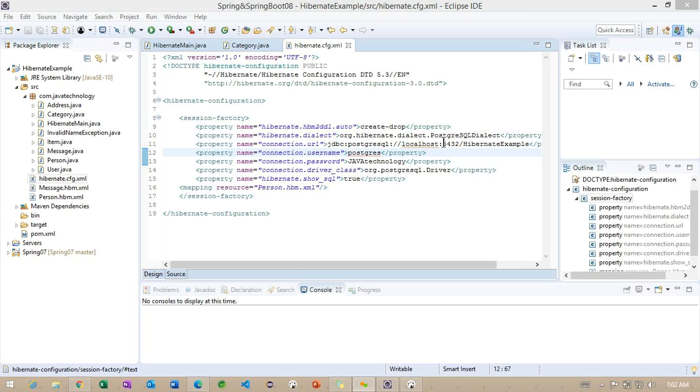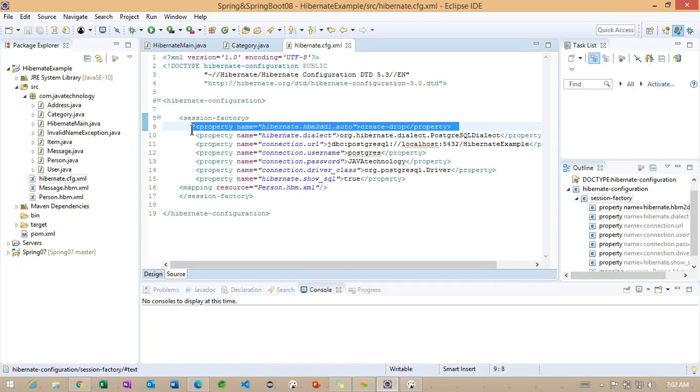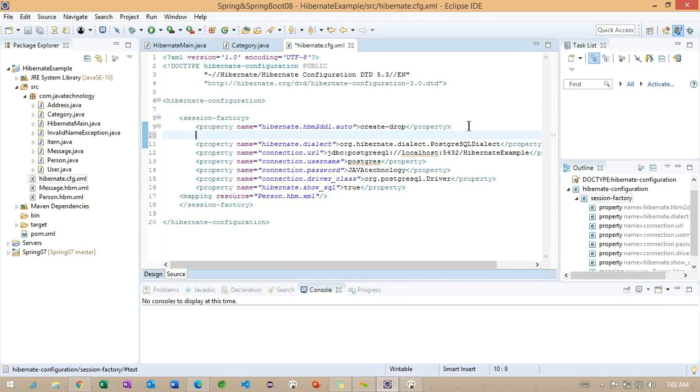Let me create the particular schema here. So for the default schema, what I will do, I will create here something called Hibernate.